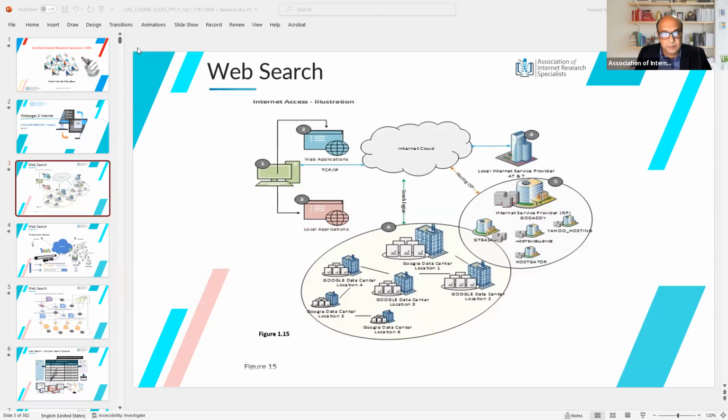The slide that you're looking at right now is giving us an idea of infrastructure, which is concisely presented. It's not as detailed, so you don't need a lot of technical knowledge. But what is important is to understand how the web pages are accessed, and some of the terms or some of the components of a network that makes the internet.